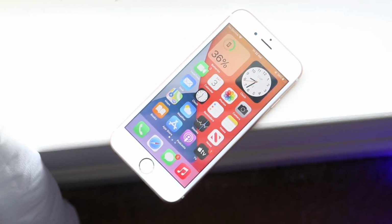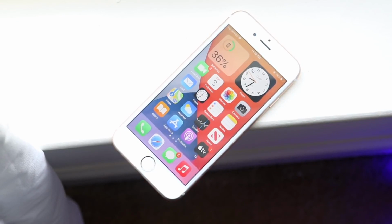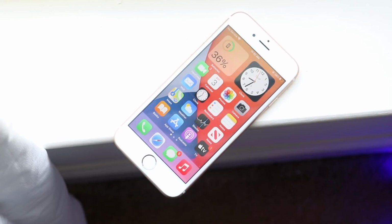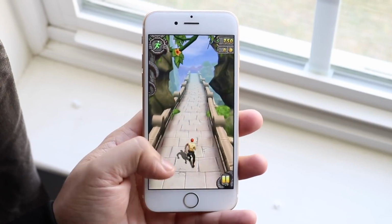Now, throughout my time, even in 2020, I have seen that iOS 14 has taken a little bit of a toll on the smoothness factor, but I feel like that may be fixed probably from now until that April timeframe. But once we come around May, June, and we get the final versions of iOS 14, I feel like we're going to have a really solid, polished version of software as we always do year after year. And since this is probably going to be the last update we're having,